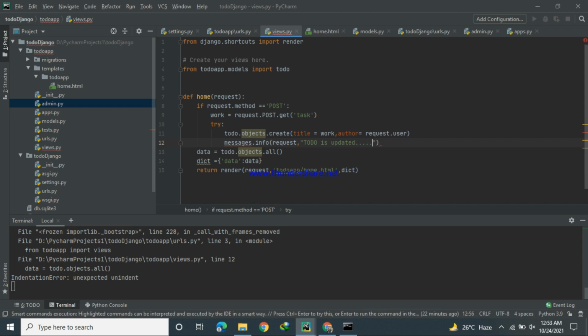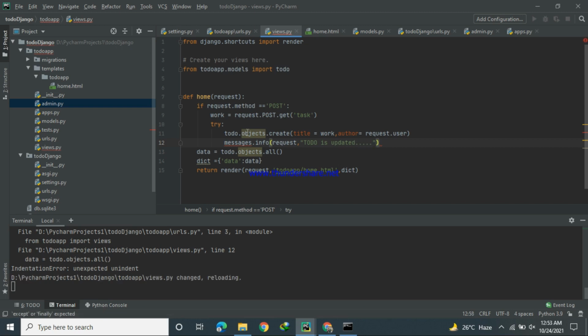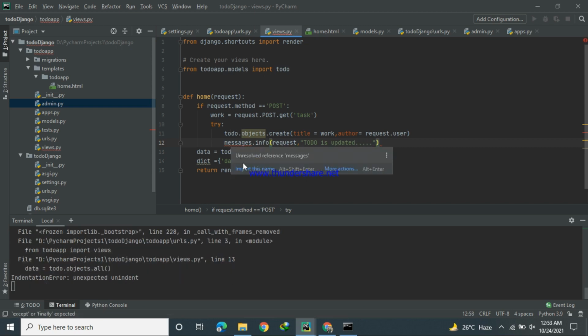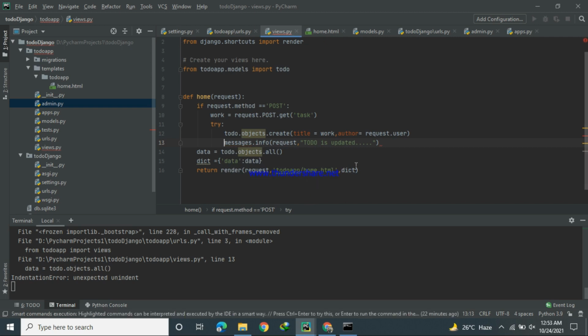Okay, we have to import this messages also, from django.contrib import messages. Okay, so if the object write is successfully done, we will get a message: Todo is created.